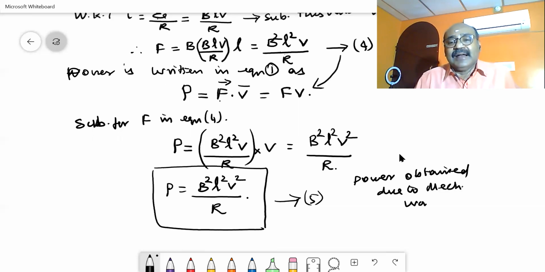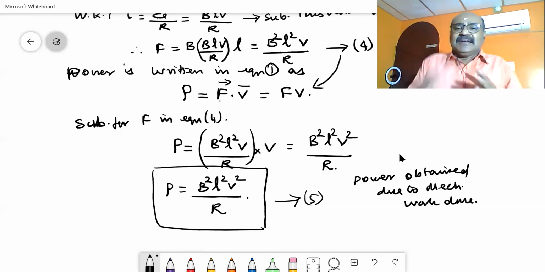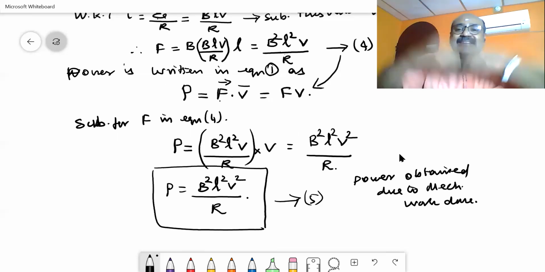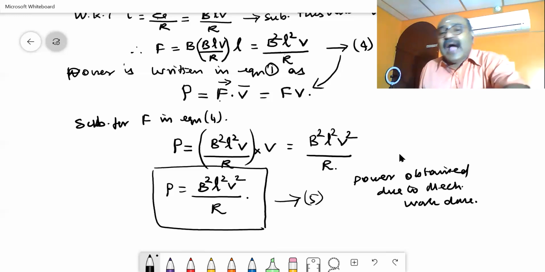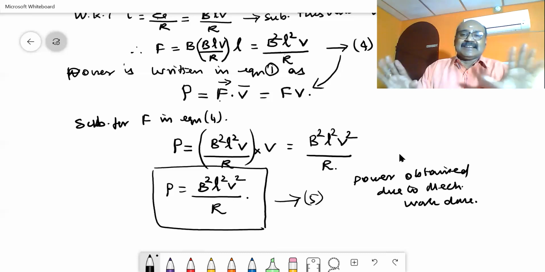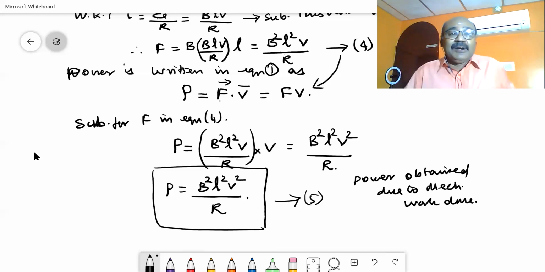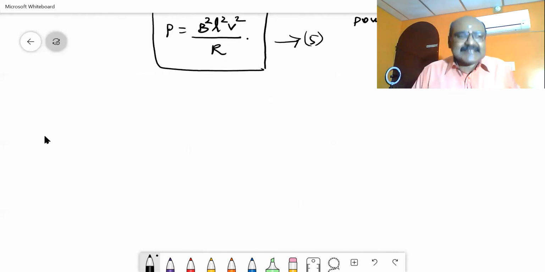See, we have to prove the law of conservation of energy. This mechanical work done develops a current inside the loop. That current developed in turn produces heat energy, and that heat energy is dissipated. Now we have to calculate the heat energy. If the power of the heat energy and the power done by the mechanical force are both equal, energy is considered to be conserved. So how can we calculate the heat energy dissipated in unit time, that is power? Let us consider the next concept.